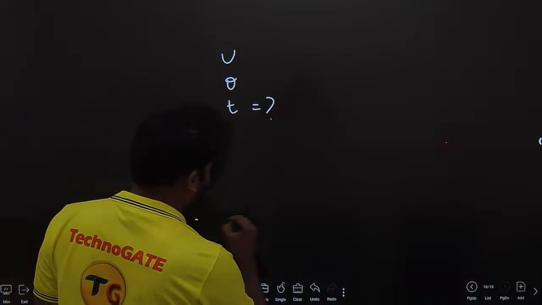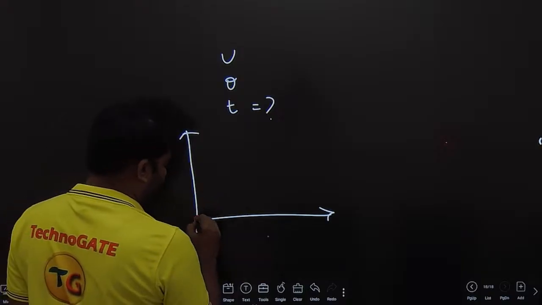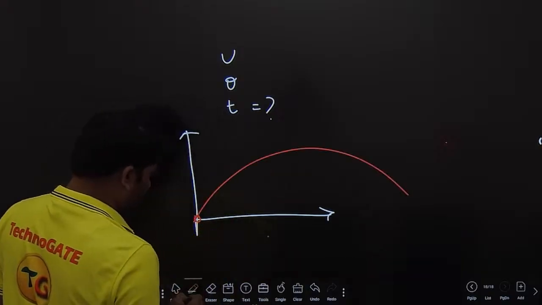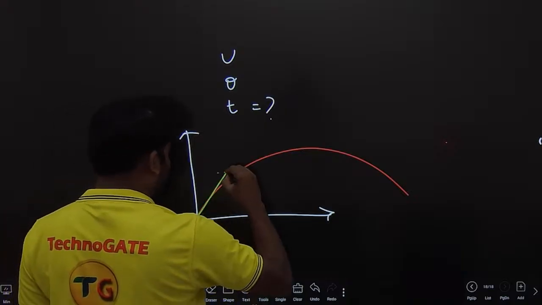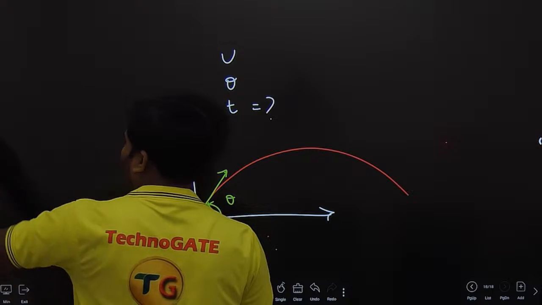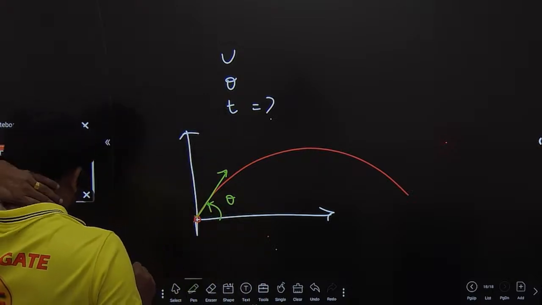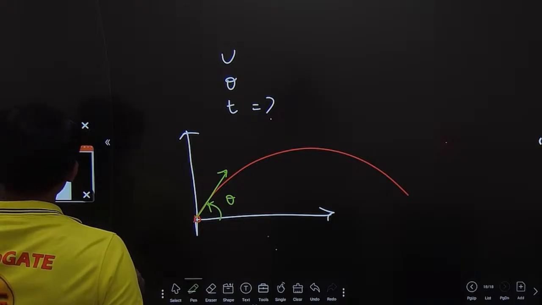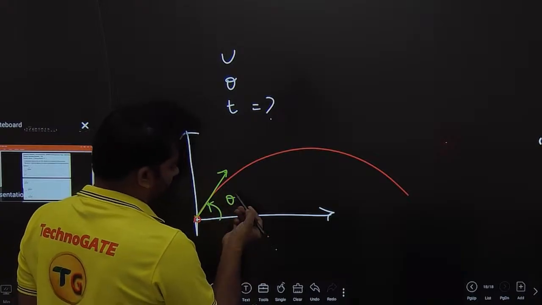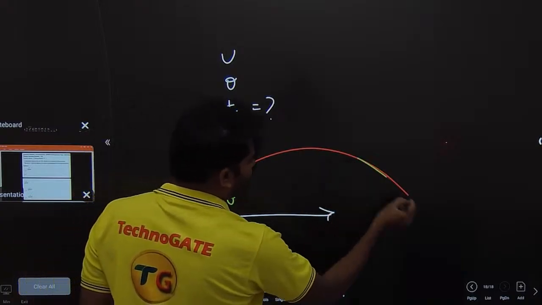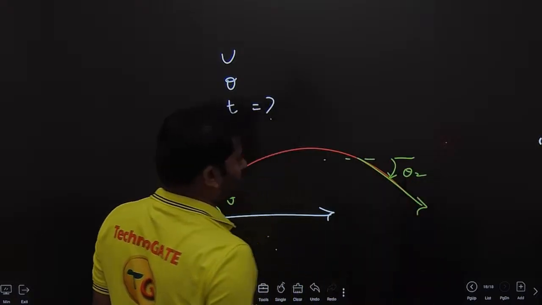If you want to visualize, I will show you here. You are throwing a ball. It is starting from here, going like this. And if you see here, initially it is making an angle theta. So the projectile is thrown into air with velocity u and an angle theta with the horizontal. The time at which its direction of motion is perpendicular to initial. Let us say this is theta 1. After some time, it is like this, making something like theta 2.